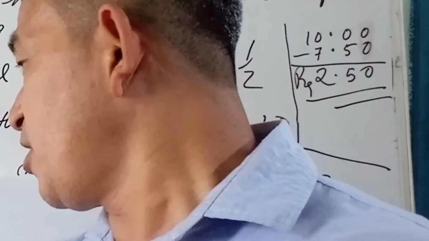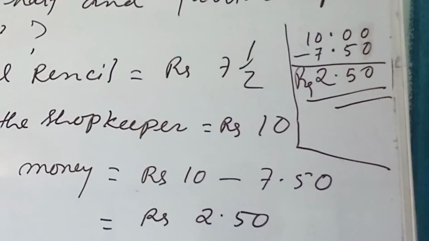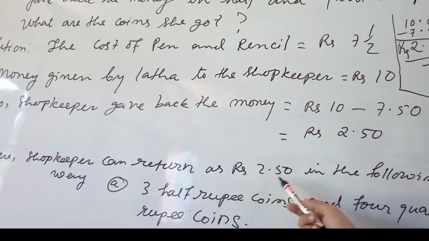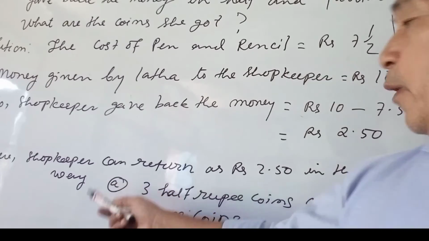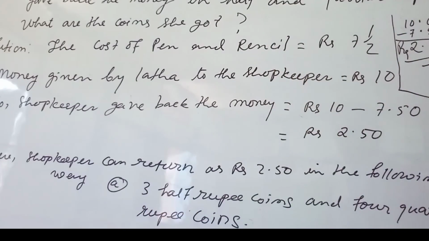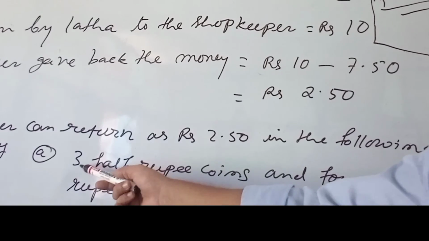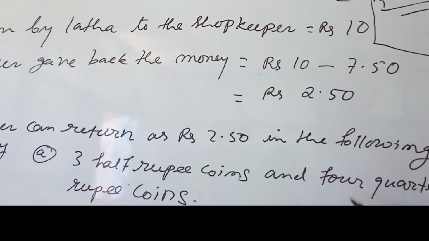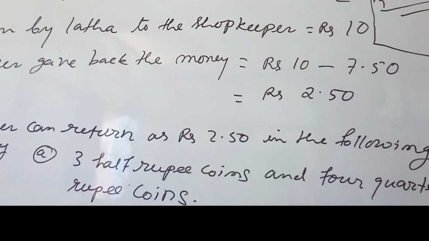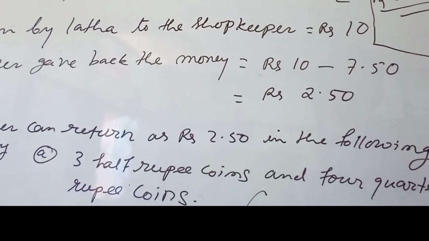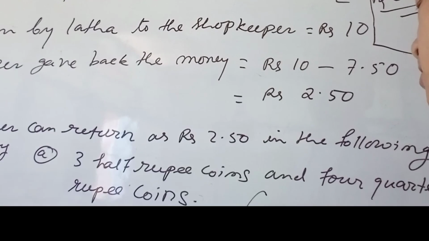Hence, over here, the shopkeeper can return rupees 2.50 in the following way: 3 half rupee coins and 4 quarter rupee coins. So in this, 3 half rupees means 3 into